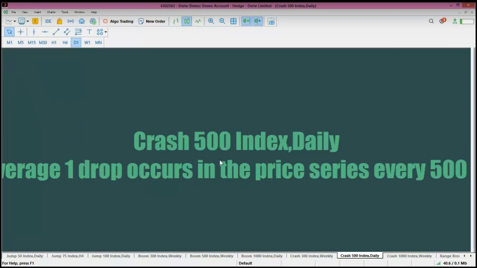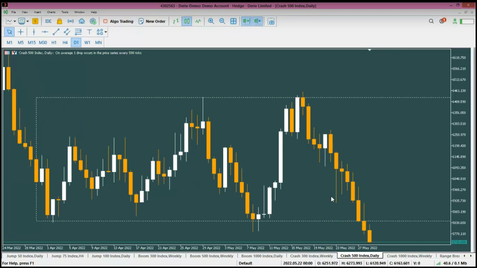That support is broken. Most probable tomorrow we are making an entrance there. Not for me today. You can if you want to, but it is not according to my trading strategy. I'm going to wait for tomorrow. So tomorrow probably we're going to make an entry to that. If you want to be early, you can enter now, but I won't recommend you to do so.